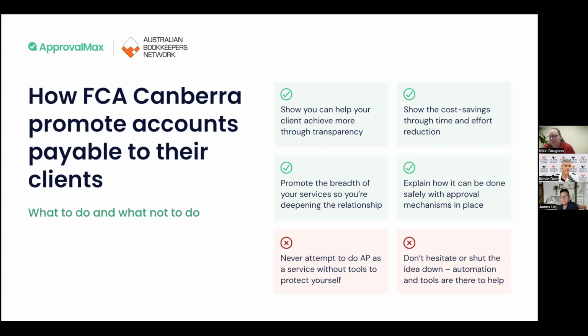So when we meet with either an existing client, because sometimes this is a service that we add into clients that we already have, but quite often it is a new client that we approach in relation to their accounts payable. And the big one is finding out what their current process is. And the second someone says to me, oh, we have a spreadsheet, then you know that there's an opportunity there to make it probably more efficient, because unless they're actually a bookkeeper, they're probably not efficient in spreadsheets either.